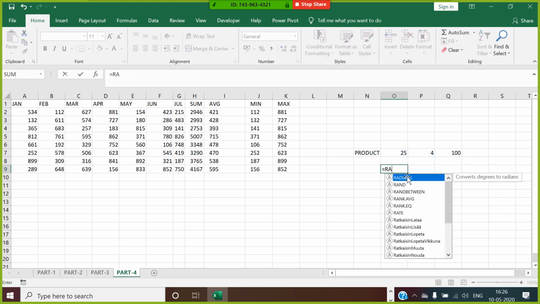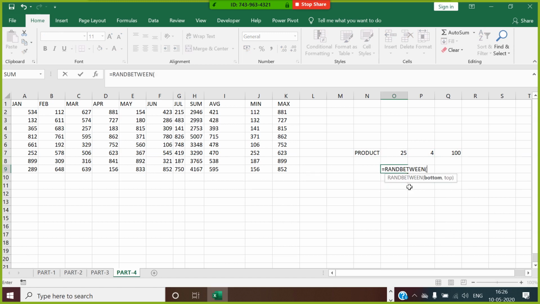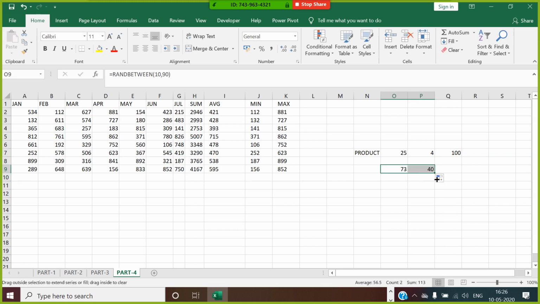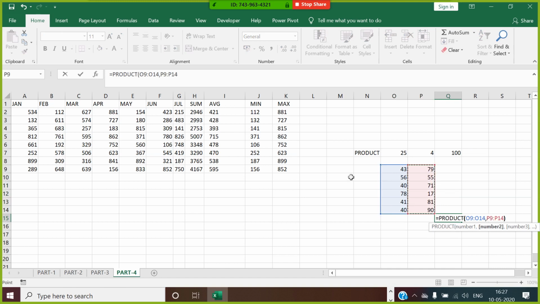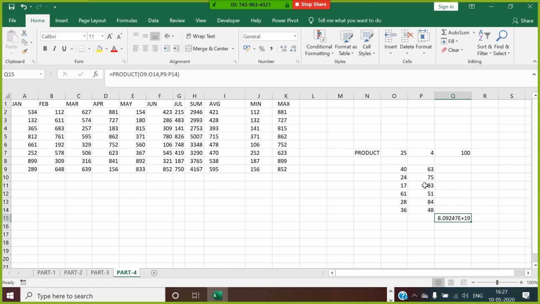When you are given a series of values and you're using product, this is going to give you the total product, the multiplication of everything.